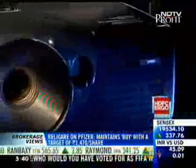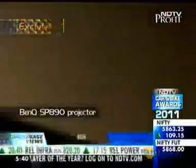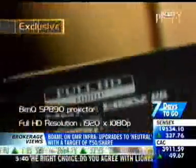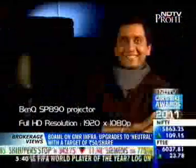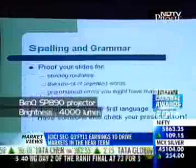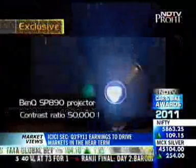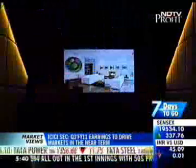One of the better projectors to be launched in the country recently, BenQ may not match its nearest competitor on price, but it boasts of versatility to claim an edge over competition. A full HD 1080p multimedia projector, it's equally useful at home while displaying high-definition Blu-ray movies or in a corporate boardroom for quick presentations and slideshows. A jack of all trades, the SP890 is high in brightness and contrast, boasting 4000 lumens brightness and a whopping 50,000 to 1 contrast ratio, tailored for display of photography or other images on a large screen in various ambient lighting